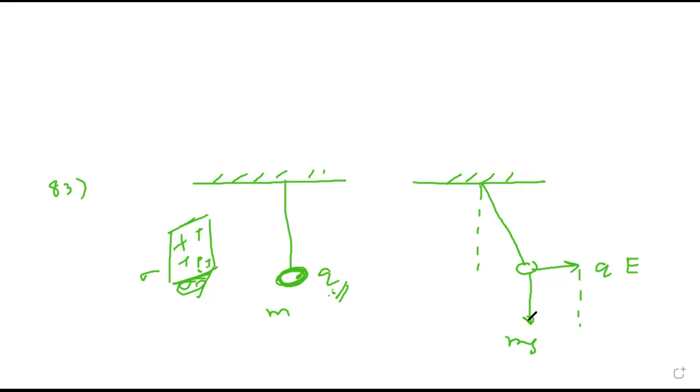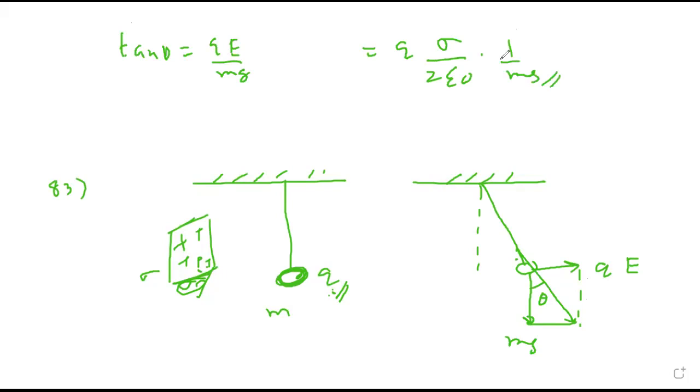Now at equilibrium, you are interested in what should be this angle with vertical. Can I say tan theta is opposite side upon adjacent side, mg? E is nothing but sigma upon 2 epsilon naught for a charge sheet. So check, the answer is tan inverse of q sigma upon 2 epsilon naught mg. First option A. See, these sums are all very twisted. Please keep on understanding. If not, please ask.